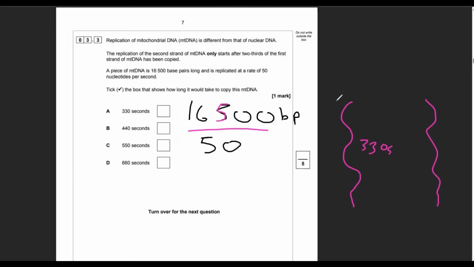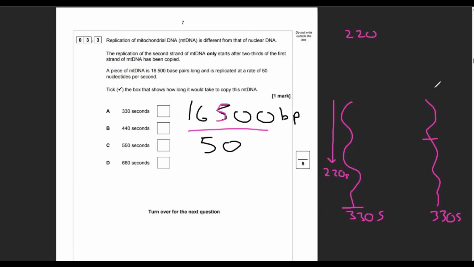But what they're saying is that 2/3 of the way down here, what's 2/3 of 330, peeps? 2/3 of 330. So let's do, what's that? 0.66 times 330, roughly. Okay, that's not very good, but yeah, it's 220. So once we get to 220 seconds, bearing in mind that it takes 330 seconds to copy the strand, once we get there, 220 seconds down, this second strand starts to be copied. So what's the total amount of time it's going to take? Well, we've already got 220 on the board. And then in 110 more seconds, it's going to have completed the first strand, and then